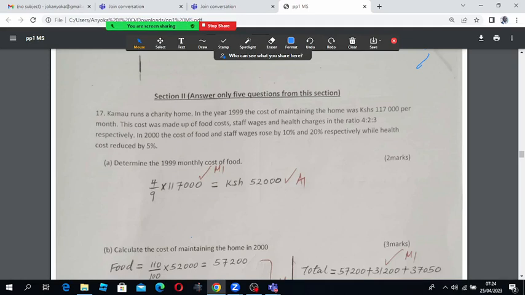So welcome to section 2 of paper 1. Our first question is